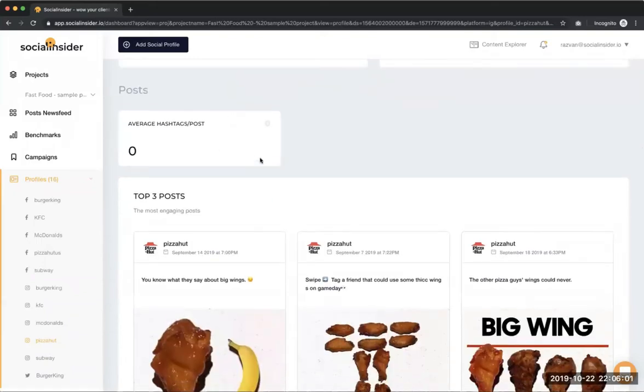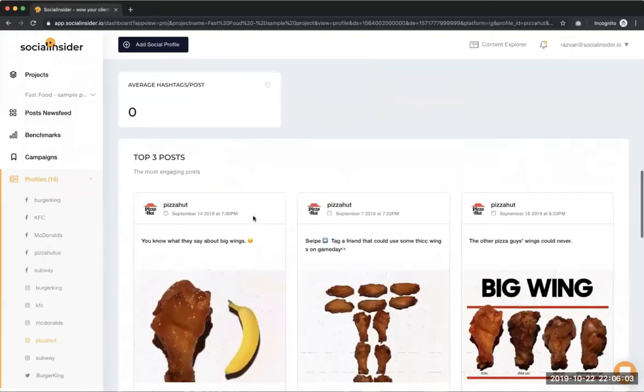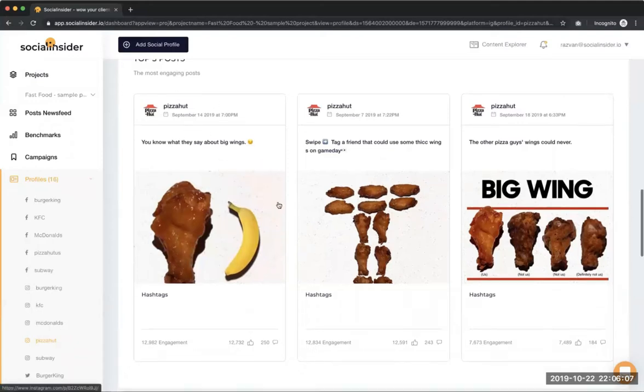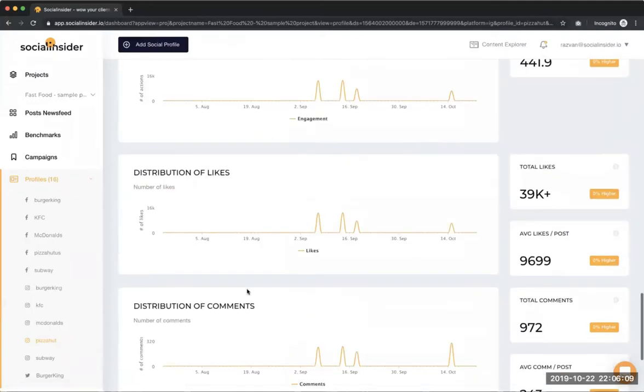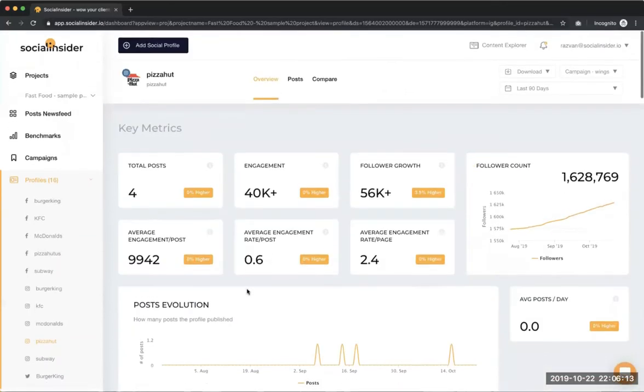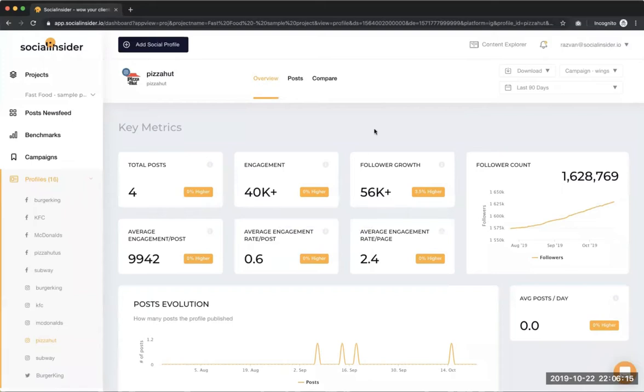The average hashtags per post, so these posts have no hashtags. The top 3 posts with Wings, and all the engagement metrics, but only for this subset of posts. So this is really interesting because you can zoom in the overview on this particular